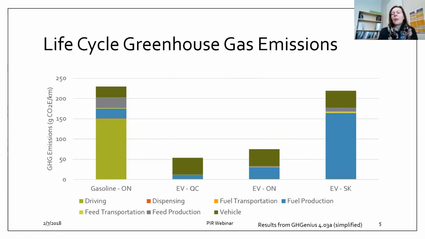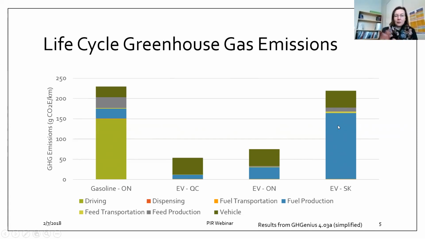Nothing's being burned. But our blue bar, that changes a lot depending on which province we're in. So that's our electricity generation. So in Ontario, we're about here. In Quebec, they have a lot more hydropower, right? So they have an even lower greenhouse gas emission grid than Ontario, and so they have an even lower impact. In Saskatchewan, they still use a fair bit of coal, right? So they have higher emissions than Quebec and Ontario, and so they have higher emissions associated with the electricity